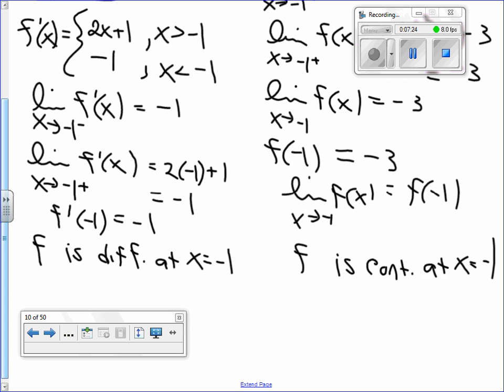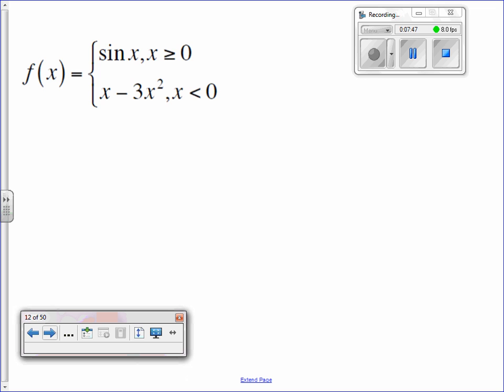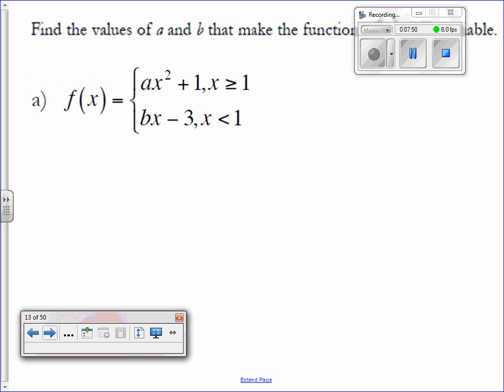Now, in these first two examples that we did, they gave us a piecewise function, and we had to determine if it was continuous, and if it was differentiable. I want to at least do one or two examples where they tell you it's differentiable, and you have to go back and solve for some unknown values. But this is very AP-ish, word. So I want to actually, this is the same thing again. I'd rather try something like this. Just a little different. Same concept, but